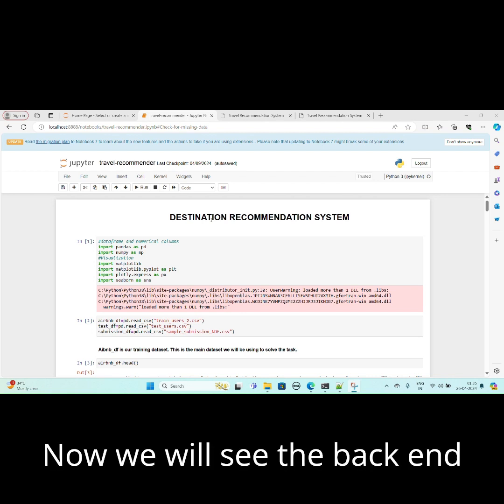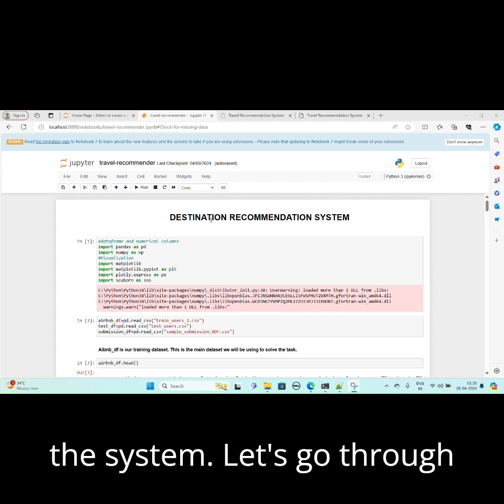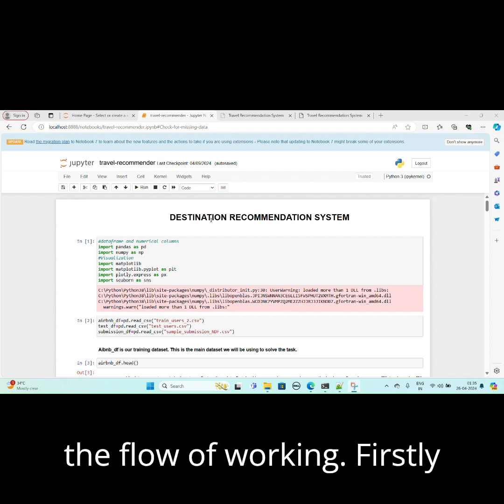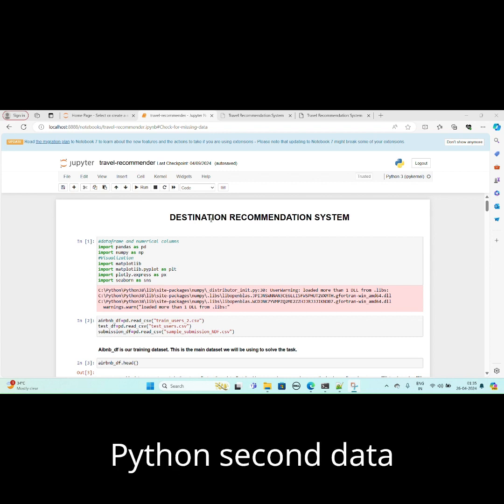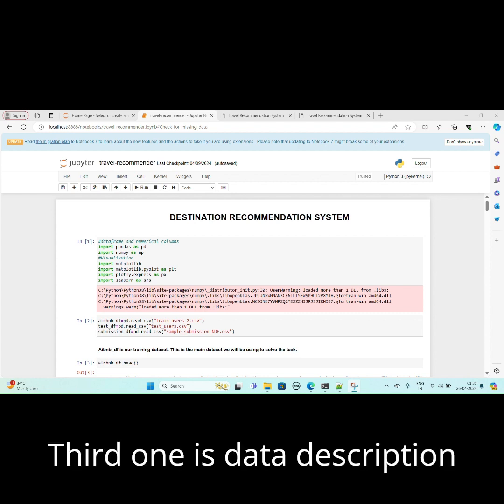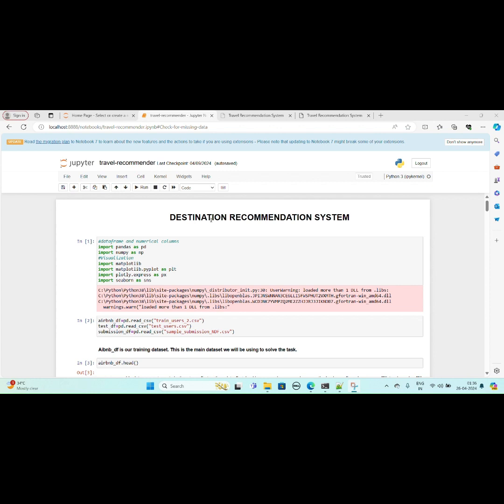Now we will see the backend recommendation logic part of the system. Let's go through the flow of working. Firstly, we will import all the necessary libraries from Python. Second, dataset loading and reading. Third is data description, in which we will describe the dataset, its attributes, columns and data size.